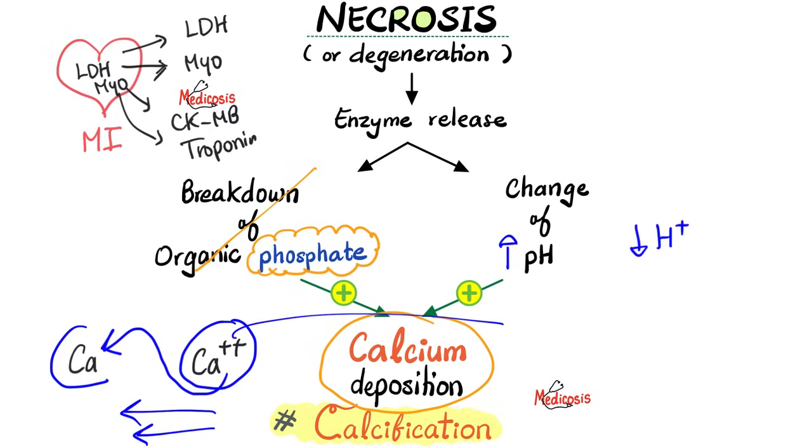And whenever you have less ionized calcium in the blood, guess what's going to happen? Calcium is contra-excitability. Calcium is contra-excitability. Excitability of what? Of nerves. And what's going to happen if my nerve excitability increases? I will suffer from a condition known as tetany. And I've talked about tetany in great detail in my endocrinology playlist.